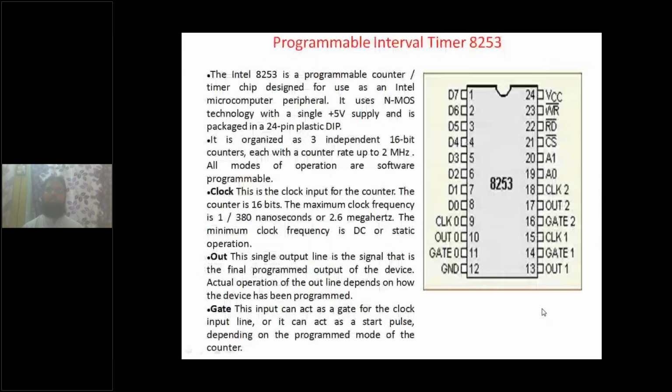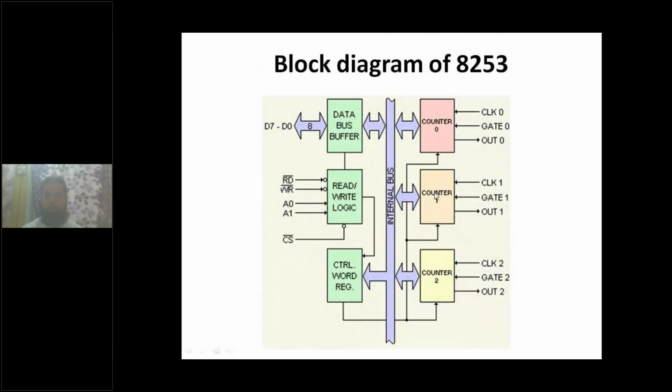Now let us come to the next IC, which is called the counter or timer IC. This IC is 8253, and there is one more timer IC, numbered 8254. Both are timer ICs, and using these ICs the 8086 processor can provide timing delays. The 8253 consists of three counters: counter 0, counter 1, and counter 2. At a time only one counter will be selected, and the job of each counter is to provide some timing delay.